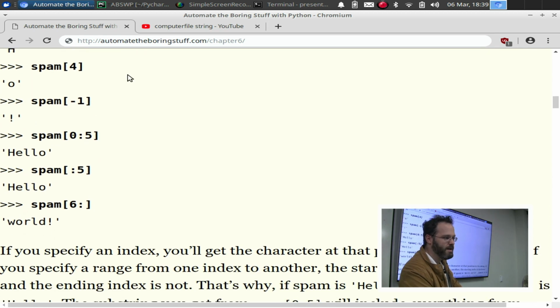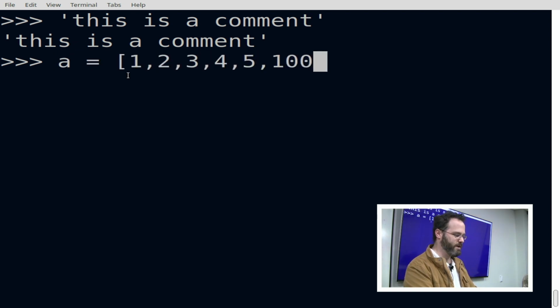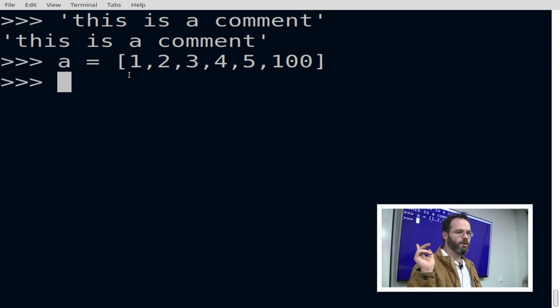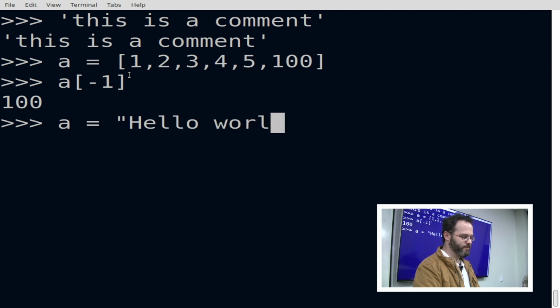Okay, likewise, we take an array. If I have an array here, and we've seen this multiple times, if I say A equals 1, 2, 3, 4, 5, 100, and I want to get access to the 100, we know how I would do that, right? Someone tell me how I would do it. Ah, Peter, it's the last. Okay, so how do I get access to the last element? -1, right? That's how Python does it. So I say -1, and now I have the 100, right? So if I have a string, and that string is hello world, and I want to get access to the exclamation mark, I can do the same thing because I'm thinking of the string as an array,